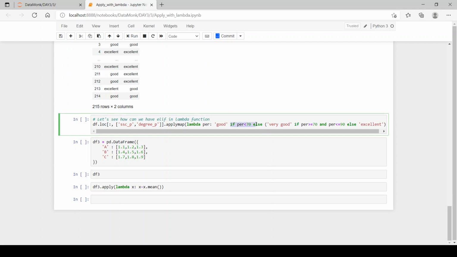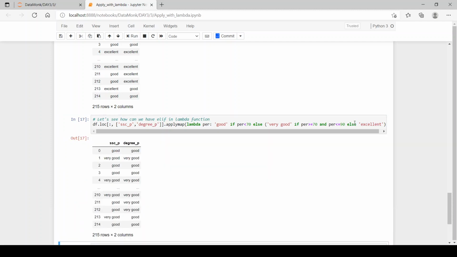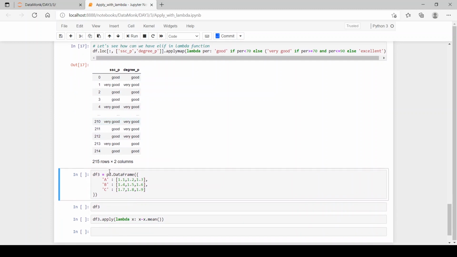So we have an if else over here, then we have to pass another if else in the else part. Now if the value is less than 70, then we print good, and if it is greater than 70 or less than or equal to 90, then we print very good, or else if it is greater than 90, we print excellent. So we have good, very good and excellent values in our data frame.